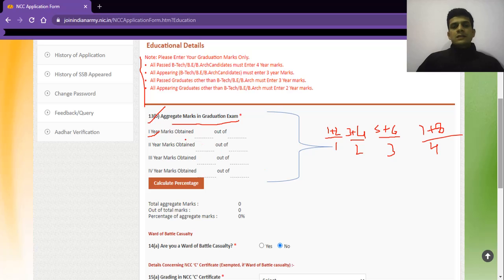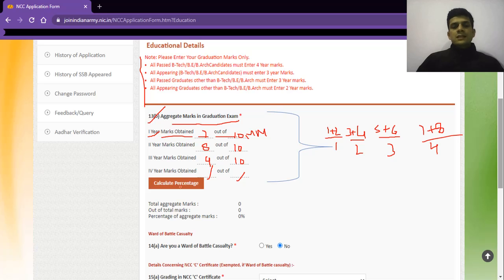Okay. Now it is first year marks obtained, dash, out of, dash. It means, like, you must have given a test, you must have scored 7 marks out of 10. So this is the total number of marks, right? 7 out of 10, 8 out of 10, okay, then 9 out of 10, and if you are in BTech, then you will have to fill this accordingly. Okay, this will be the maximum marks, and this will be the marks obtained out of so and so.